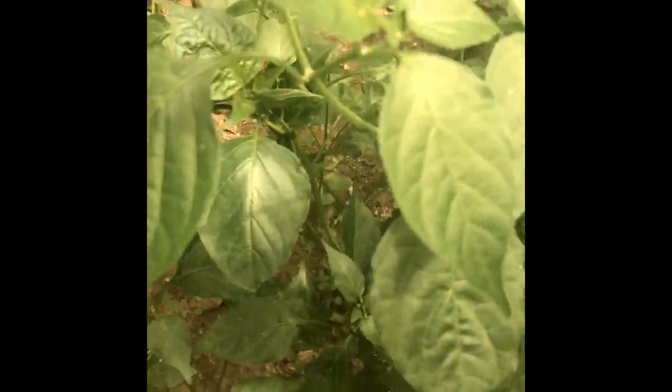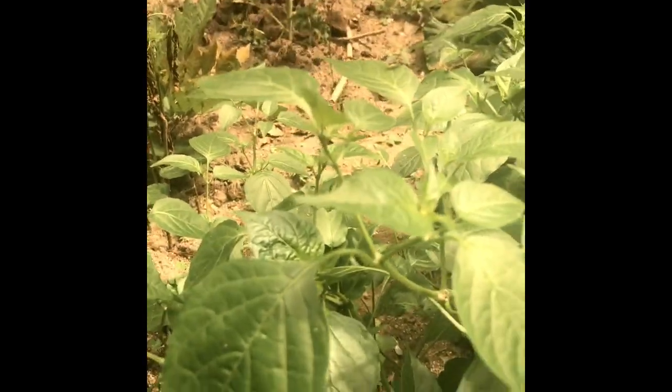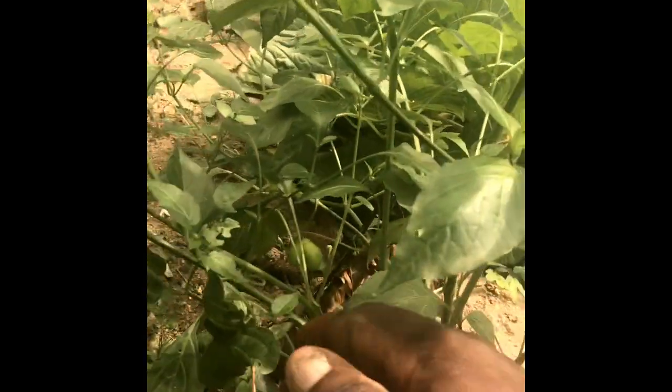This is a nice pepper tree here. I can't remember what kind of pepper this is. I can, but look at the shape of this pepper. I don't know. Maybe somebody could comment